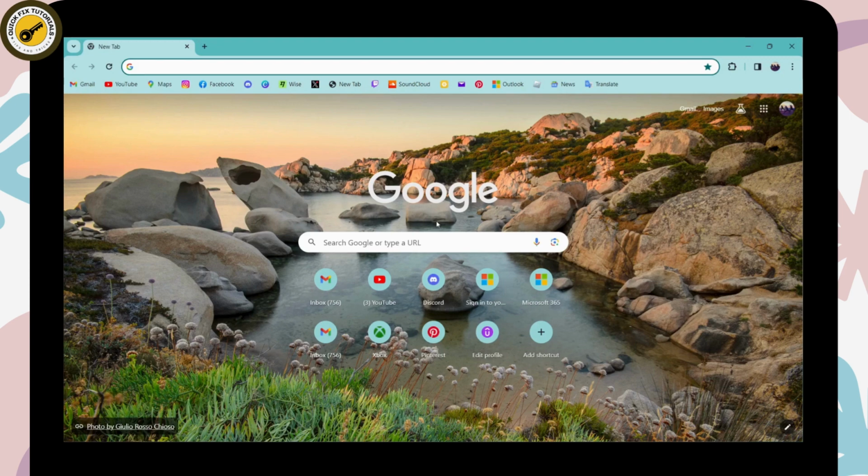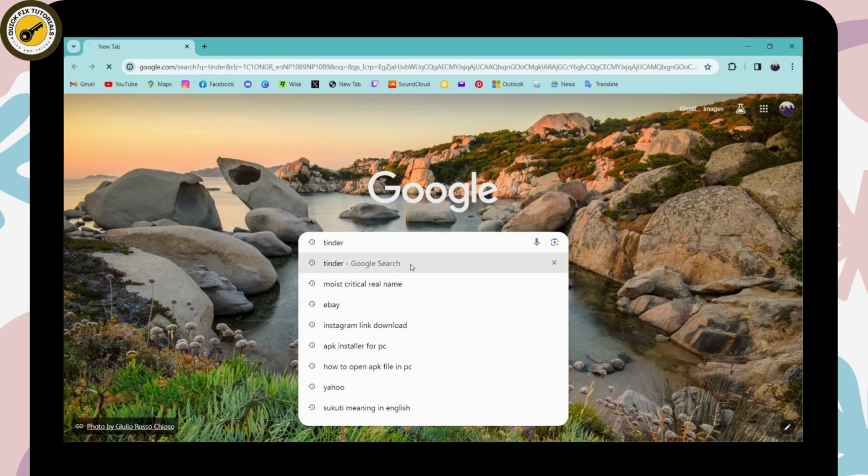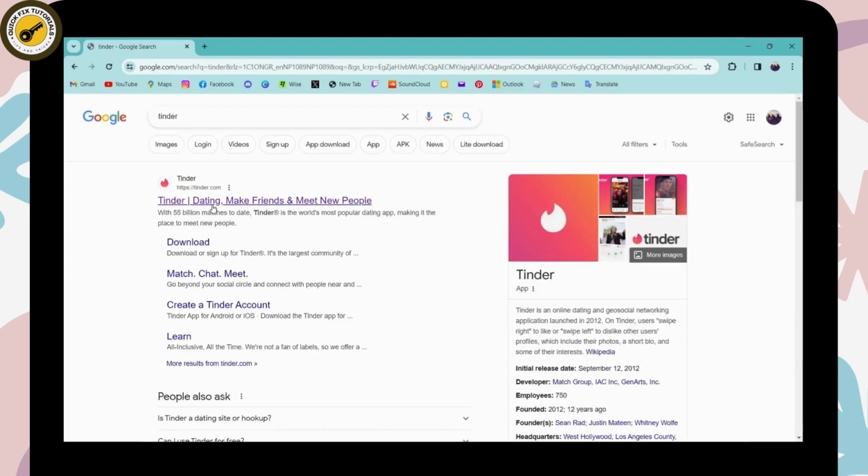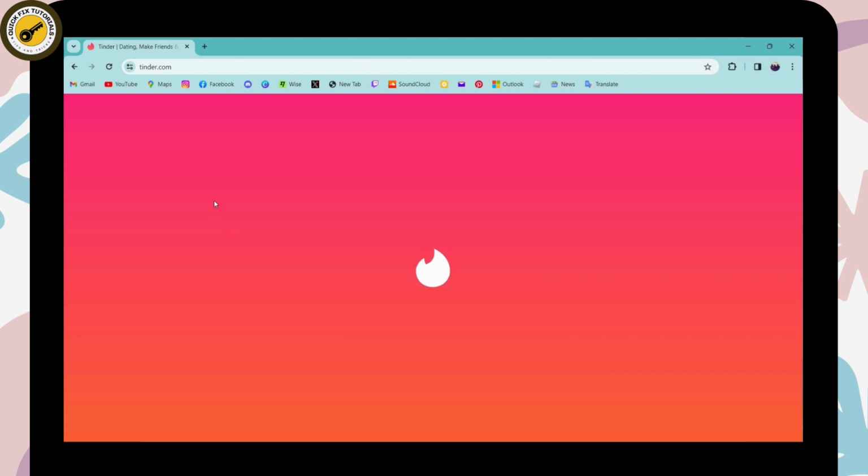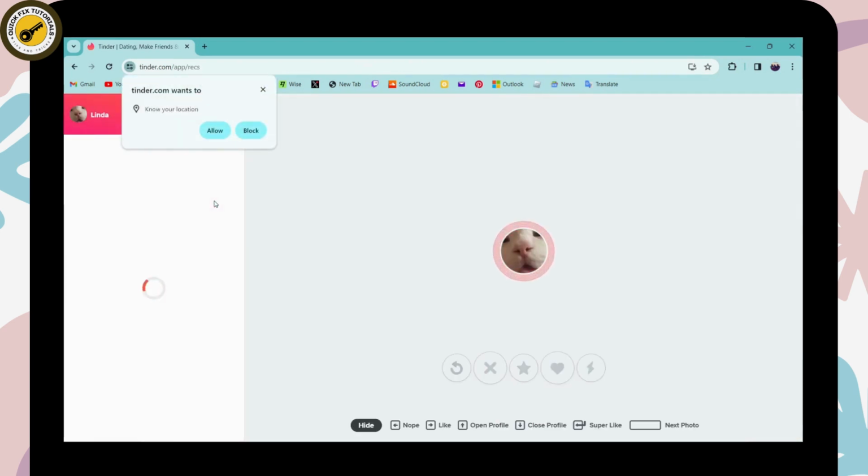Simply go for the search bar and search for Tinder. And after searching, go for the first search, which is tinder.com. And here, make sure to log into your account. And after logging in,